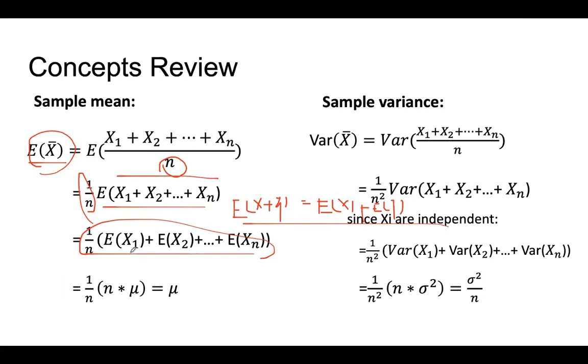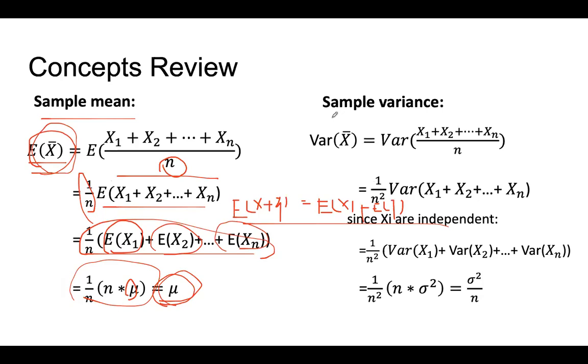And here, this is the mu, because the expectation of one sample should be equal to mu. This is the true mean. This is also the true mean. When you calculate, you will get mu, which is actually the true mean, right? This is the sample mean, and this is the true mean. So we can say the sample mean approaches its true mean.